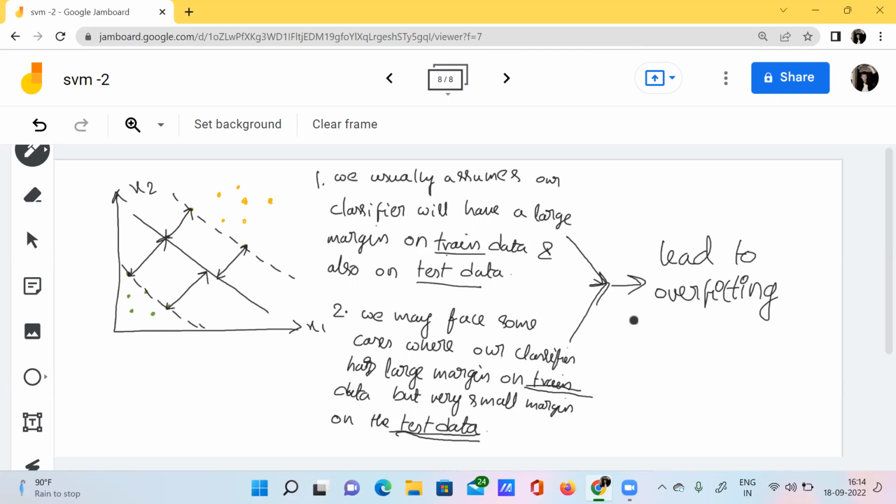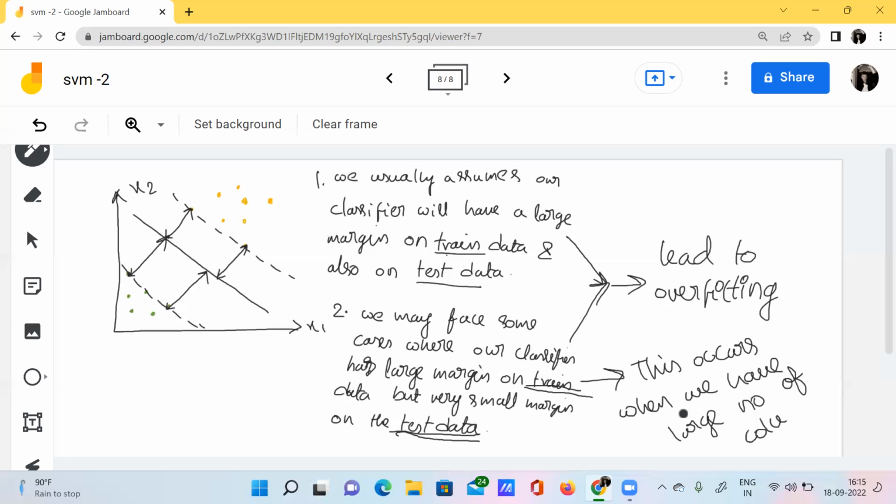And why does this lead to overfitting? I mean, why does such a scenario occur? Because this second point occurs when we have a large number of columns.